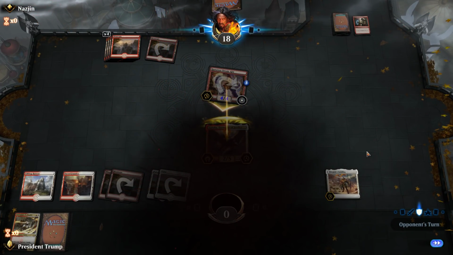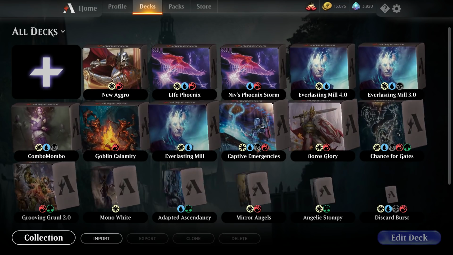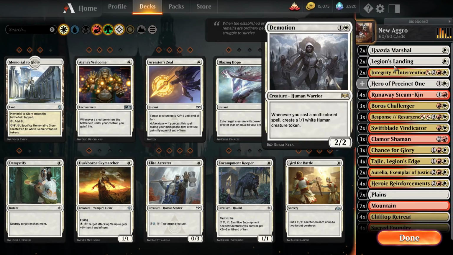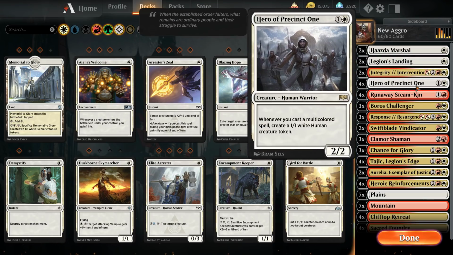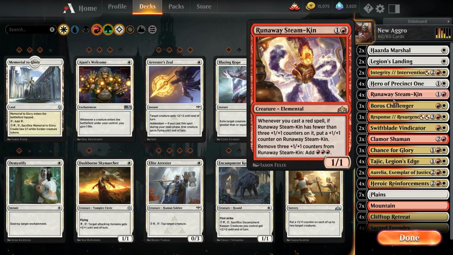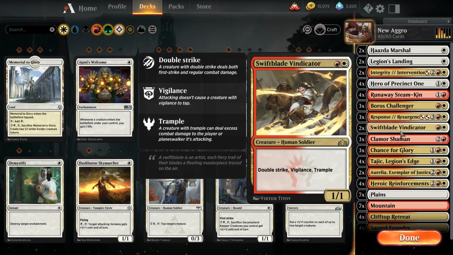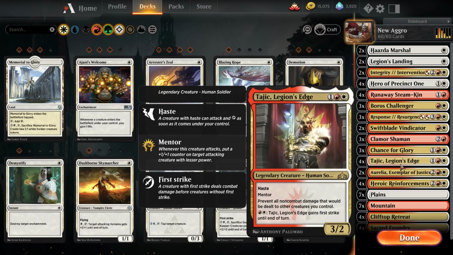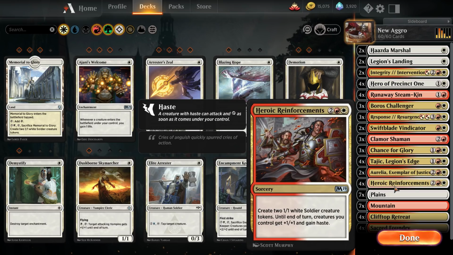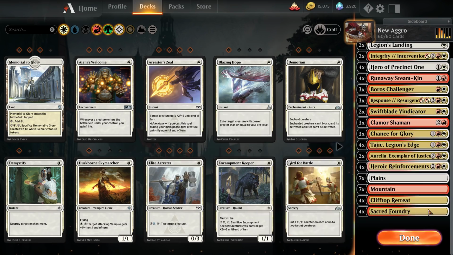Okay, took our first loss there. Had a nice little run there. What we'll do is we'll go ahead and run through the deck one last time. We're running 2 Hazda Marshals, 2 Legion's Landing, 2 Integrity Intervention, 4 Hero of Precinct One, 4 Runaway Steam-Kin, 3 Boros Challengers, 3 Response Resurgence, 2 Swiftblade Vindicators, 3 Clamor Shamans, 3 Chains for Glories, 4 Tajics, 2 Aurelias, 4 Heroic Reinforcements, and 22 lands, which seems to be a pretty good mix for us in order to make sure